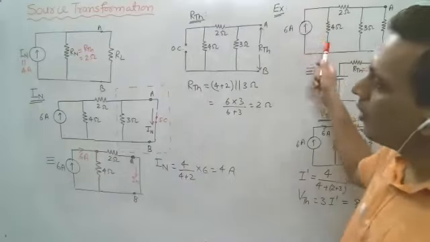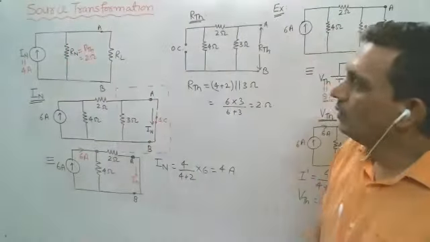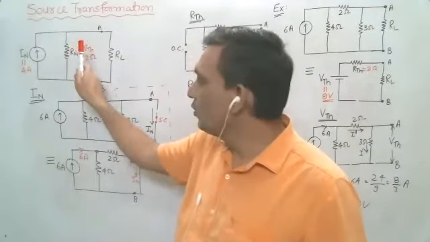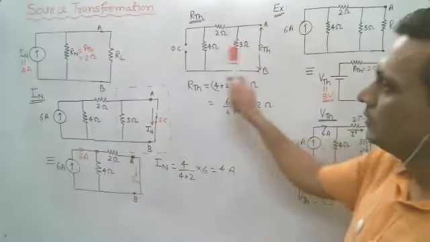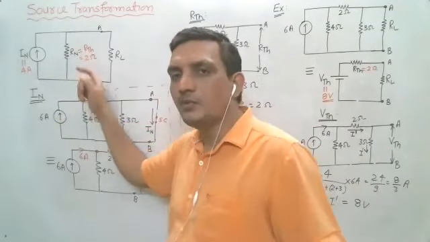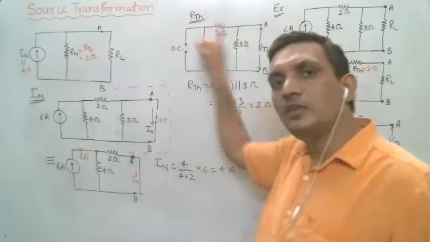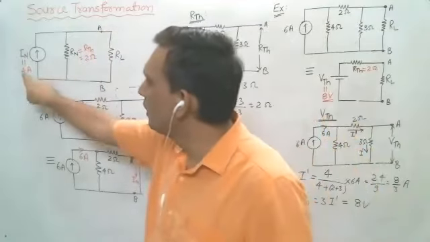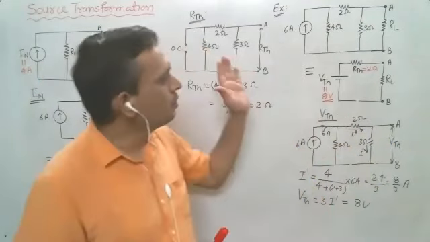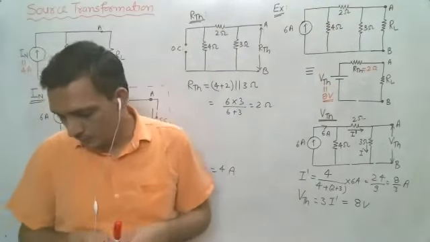So that is the Norton's equivalent of this 3 loop network. And you can see if you have this 2 loop network, you can convert this into voltage source, Thevenin's equivalent. So open circuit voltage will be simply 4 into 2, that is 8 volt. That I have written here. So if you see Thevenin's equivalent of this, you will directly get open circuit voltage, that is 8 volt. So you can convert a voltage source into a current source and current source into a voltage source. Is it clear?